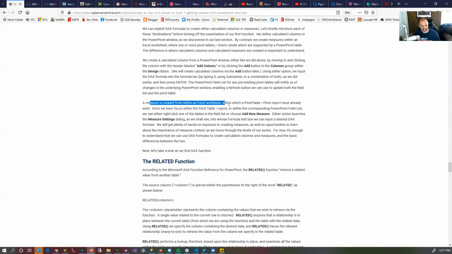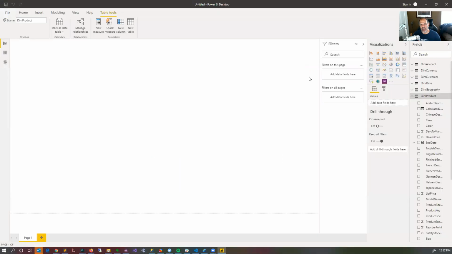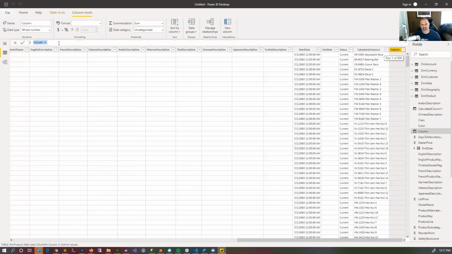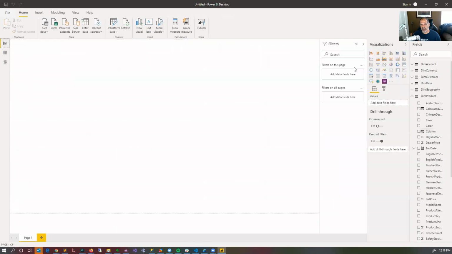So I could do a column with something that doesn't exist. So let's try doing that. In product, if I said new column, and I said new column equals, let's just say Steve. Let's just see what happens. There might be a reason we put a scalar value in there. You see I now have a column that says Steve everywhere, which is kind of cool because I think if I were to